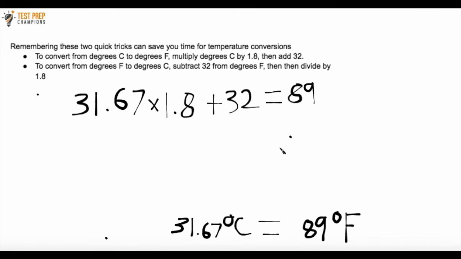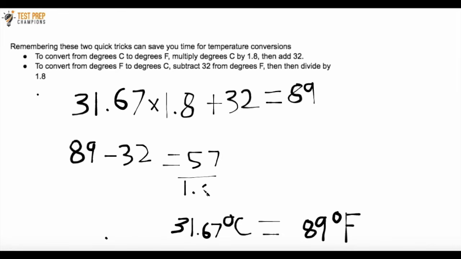So how do we go back from 89 degrees Fahrenheit? How do we convert that into degrees Celsius? Well, if you're starting from degrees Fahrenheit, like the second bullet point says, you're simply going to subtract 32 from degrees Fahrenheit, and then you're going to divide by 1.8. So let's do that. 89 minus 32 equals 57. And let's divide 57 by 1.8. And it should get me this magical number here, 31.67. So in my calculator, I get exactly that,